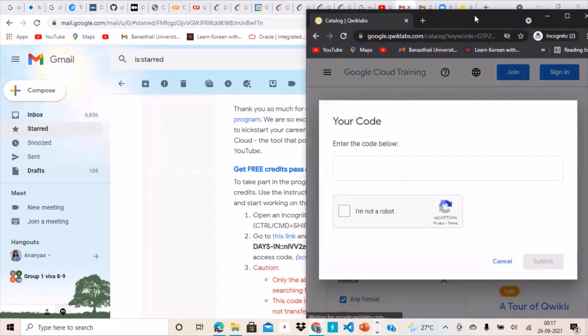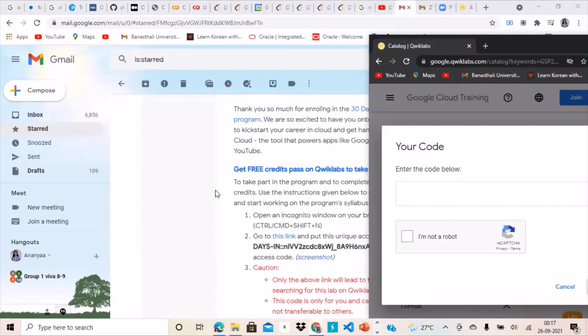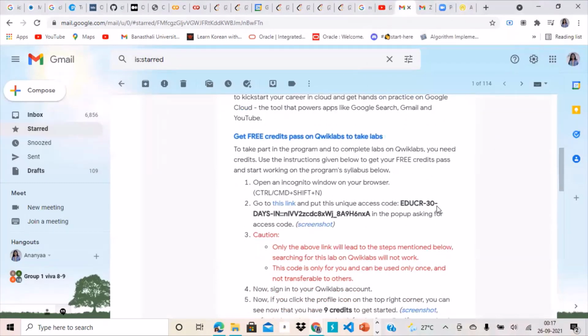Clicking enter, I have reached this section where it's asking for my code. So what is this code? Let's go back. Okay, so the second step here suggests that we have to go to this link and put this unique access code. So this is a unique access code, okay?